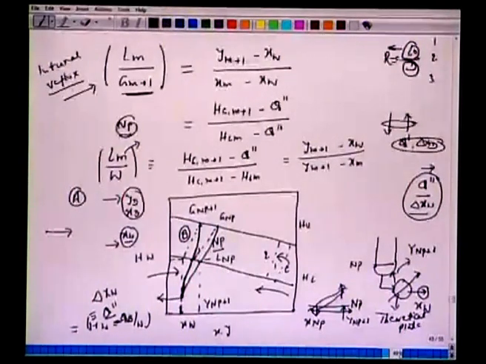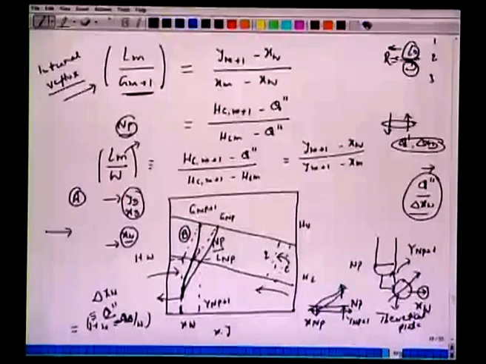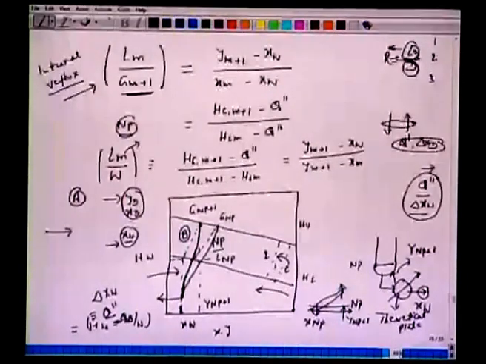So, let us quickly summarize what we have done in today's lecture. We started from the top column, we did the discussion for the partial condenser. So, the partial condenser is a special case where the top product is a vapor, and it is in equilibrium with the liquid or the reflux which goes back to the distillation column.